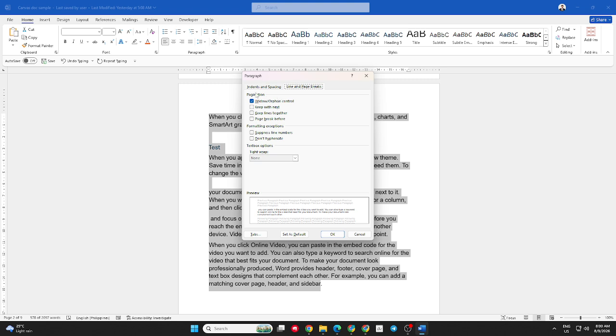To keep the selected paragraph together on the same page, select Keep Lines Together. This option tells Microsoft Word not to split the selected paragraph between two pages. Instead, Word will move the paragraph to the next page if there isn't enough room for the entire paragraph to